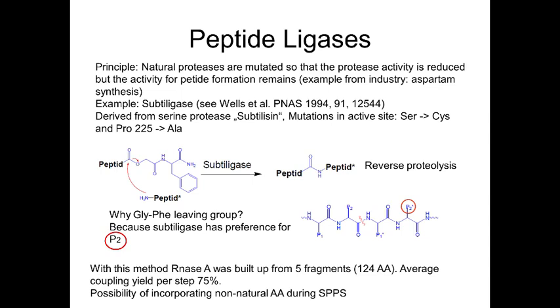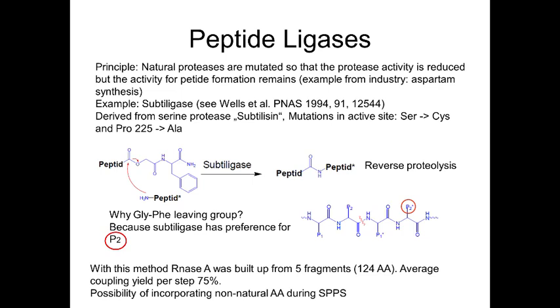In this case, there's a protease called subtilisin, and in subtilisin, in the active site, a serine was replaced by a cysteine, and a proline was replaced by an alanine. And with these mutations, the protease activity was, so to say, abolished or diminished, and in this way, the ligation